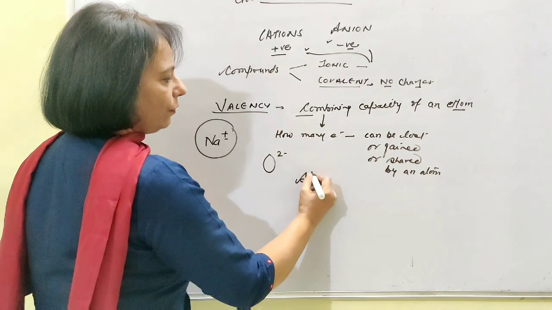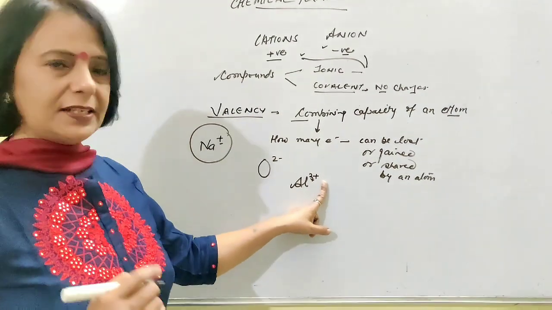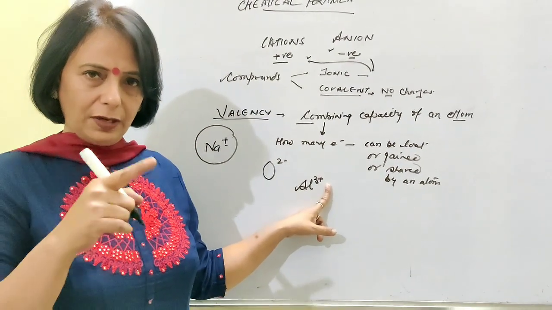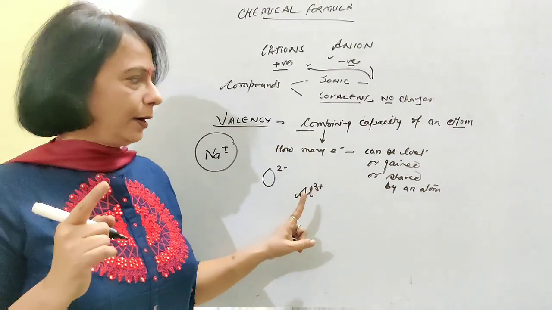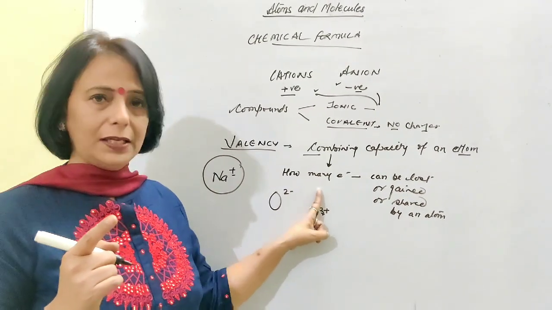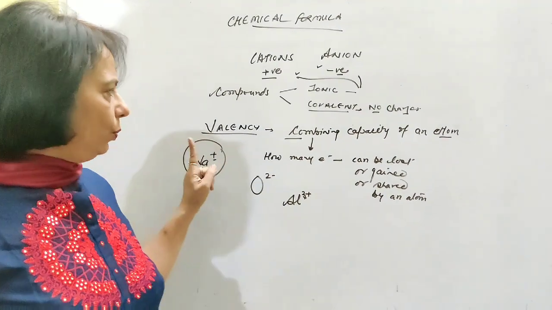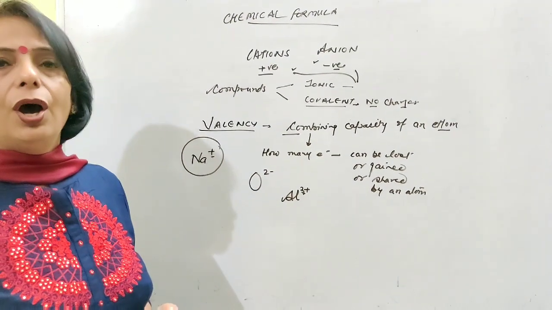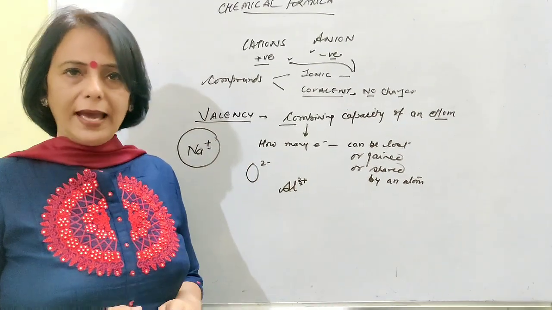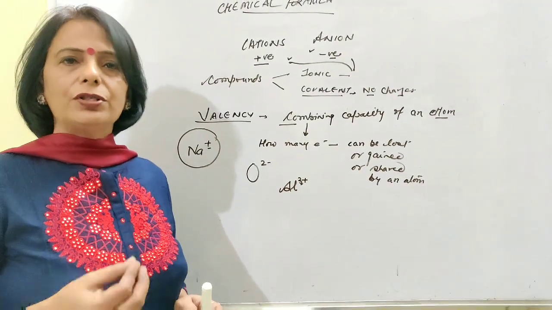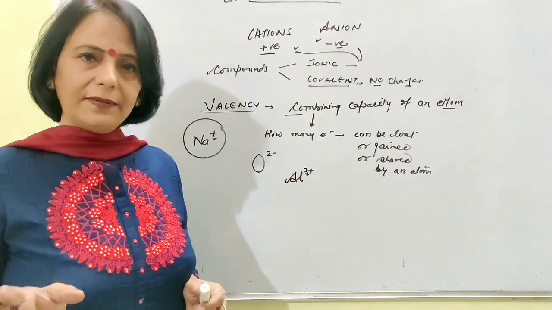Then if I take the example of aluminium, it is having the valency of 3 positive. The positive charge is telling about the domination of the protons in that particular ion, and 3 means 3 protons are dominating, so the combining capacity of this aluminium is 3. That means 3 electrons can very easily be lost by this aluminium. So whichever charges are mentioned on the ion, that tells about the valency of that particular atom, or that particular element, because all the atoms of that element are identical in all aspects, so all of them will be carrying the same valency.